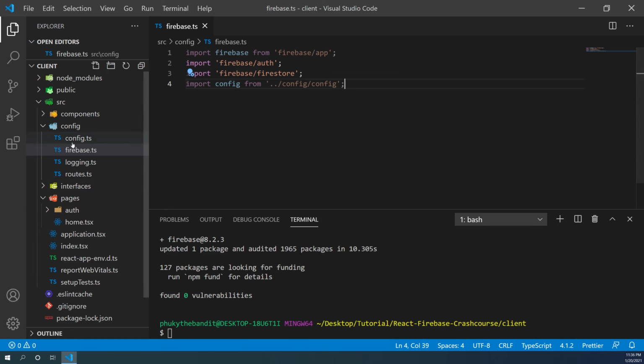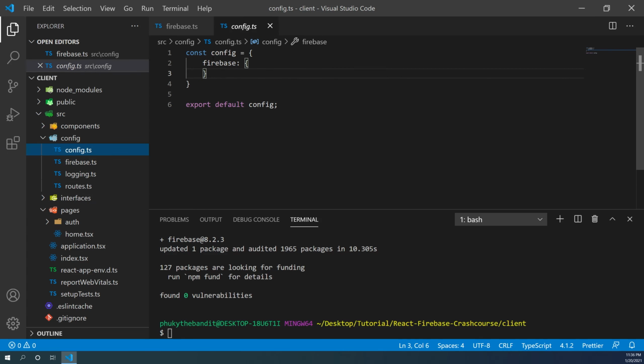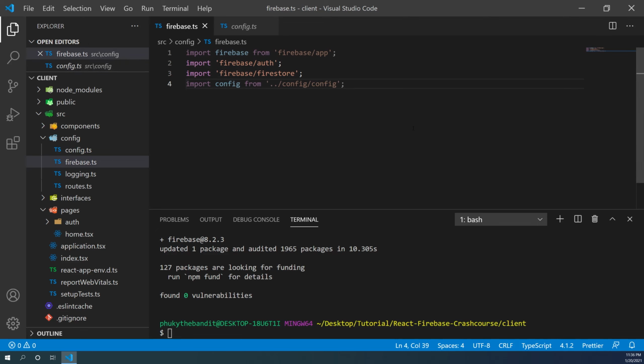Now, inside the config file itself, you're going to see this little firebase key here that I already have. Inside of this is where you're going to be copy and pasting the authentication keys, the API keys, all of the JavaScript variables you're going to need. You're going to be copying them from that page we saw earlier in the authentication section of the Firebase console. You're going to paste those keys right in here. And the reason that we do this is so that we can just directly import them when we create our